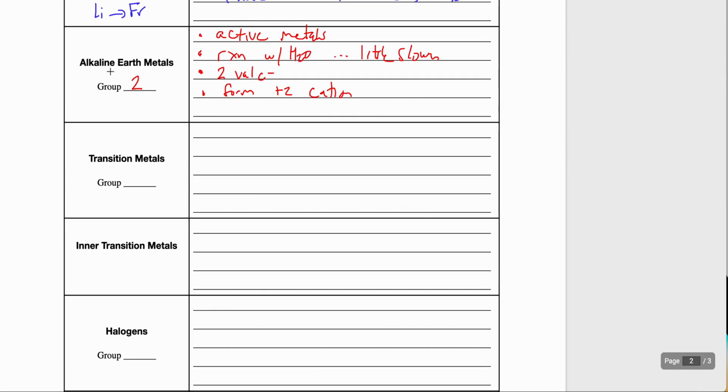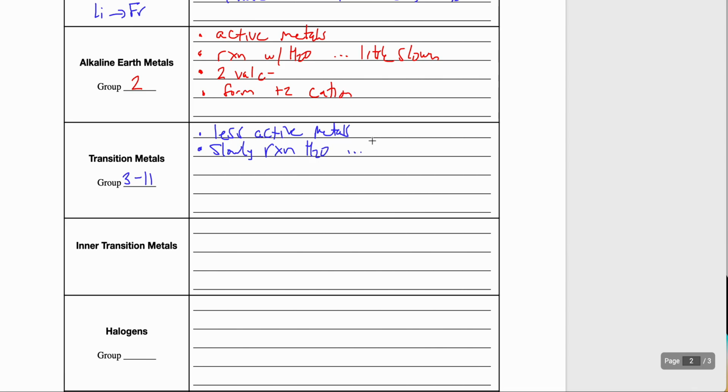Now we come to the transition metals. This is a large grouping, so vertical columns 3 through 11 are recognized as the transition metals. These guys are less active metals. Now, a great example of a transition metal is iron. Iron reacts with water, and when it does, it forms rust, but it doesn't happen instantaneously. It takes days, weeks, months. So they will slowly react